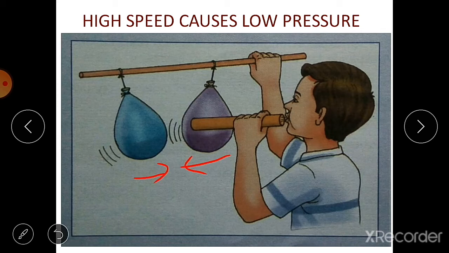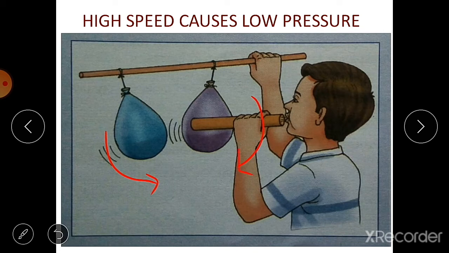And why does this happen? See, it happens because when air is blown between the balloons, the pressure gets reduced. Here, when we blow air, the speed of air is more, and that's why pressure is low. High speed, pressure low. Okay, and because of this, the pressure outside the balloons